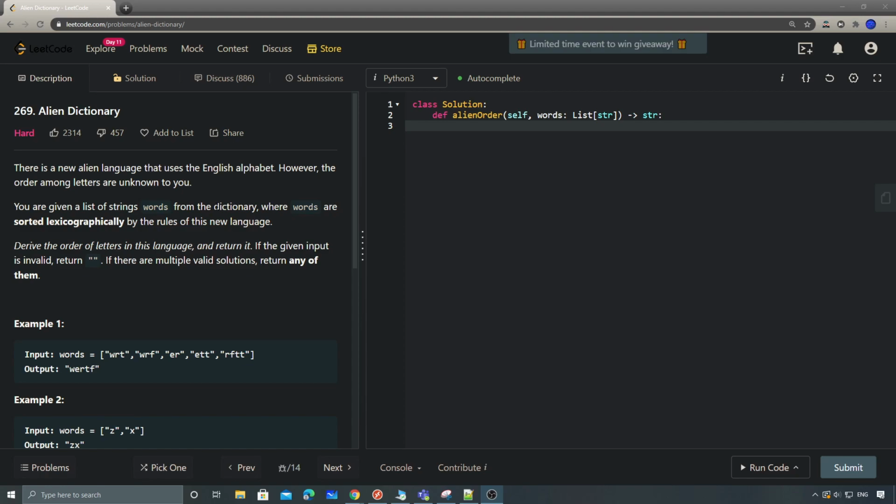So today, let's take a look at LeetCode problem number 269, Alien Dictionary. This one is a very classic problem. Basically, there's a new alien language that also uses English letters, but the order among those 26 letters is unknown. So all we have is an alien's words dictionary, given in this format,